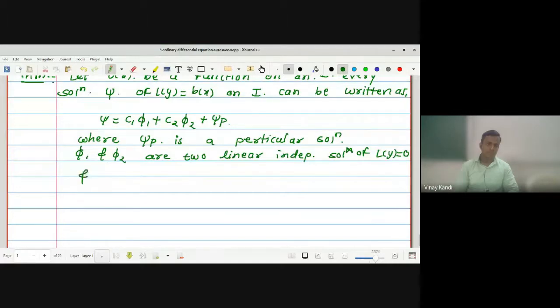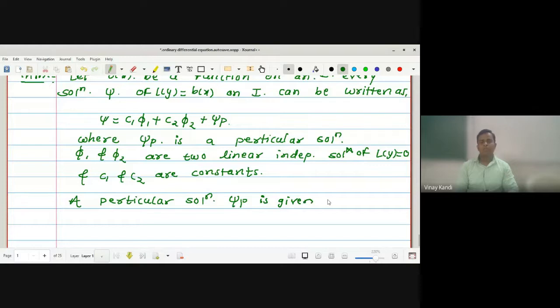C1 and C2 are constants, and also a particular solution psi p is given by,